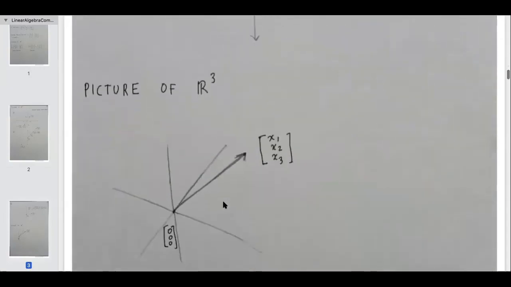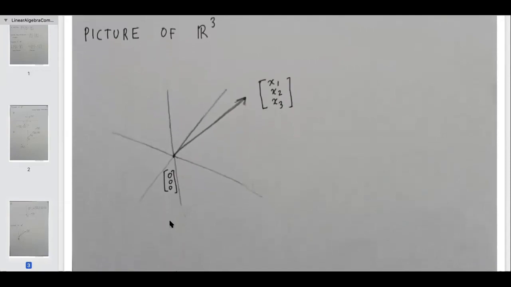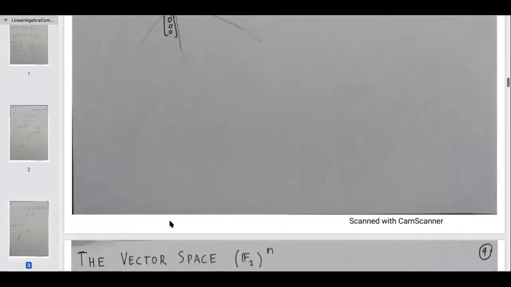So let us look at just a small picture of R3. In R3, it's the same thing. We visualize a vector as an arrow in regular space, which has three coordinates. So a vector is just an arrow starting from the origin to the endpoint, and the origin, the arrow of 0 length, we think of as 0, 0, 0. So I've defined vector spaces and I've told you how to think of them geometrically. The geometric aspect won't be too important for us in this lecture, but it's important to understand.